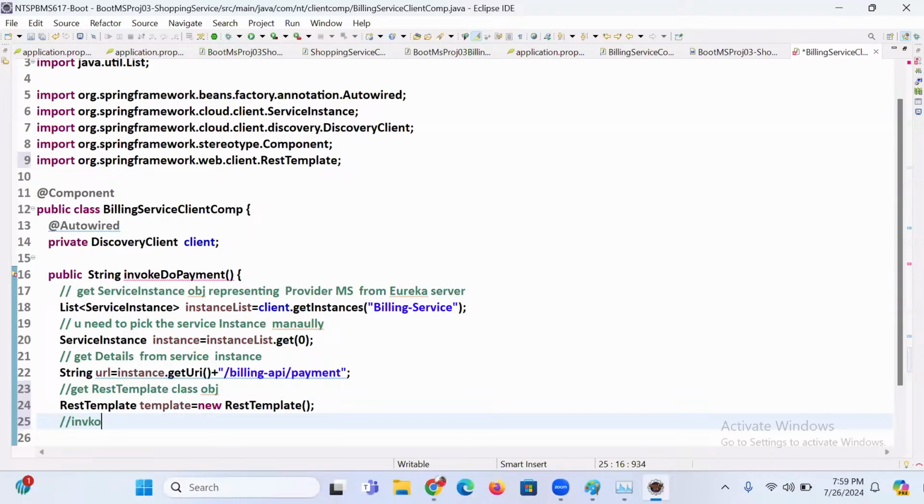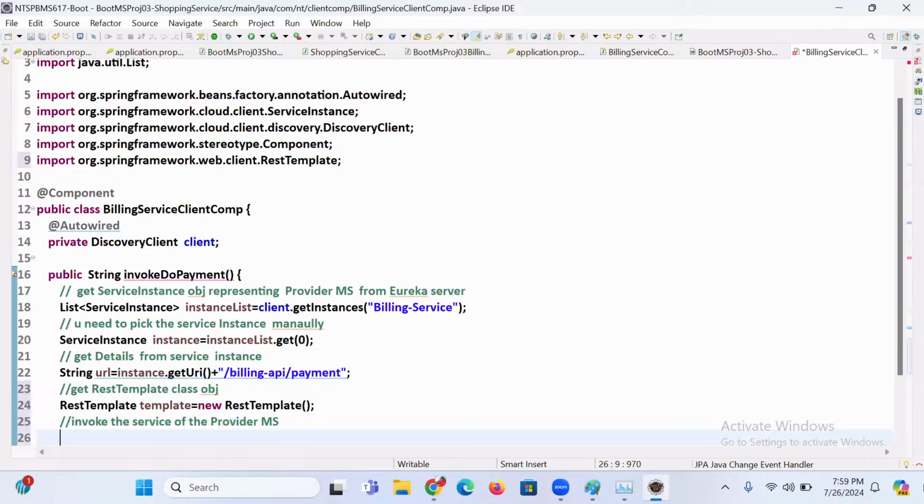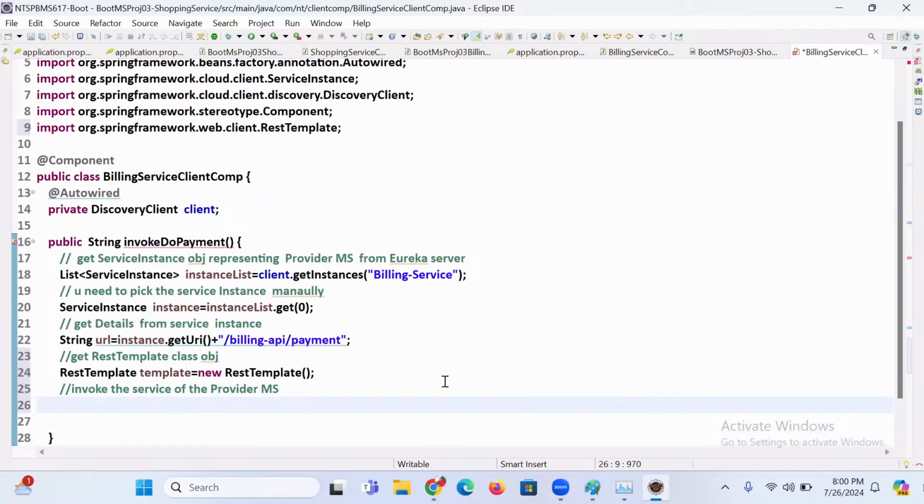Invoke the service of the provider MS, boss. Let's see how to invoke the service of the provider MS. String result is equal to, we have the getForObject method, the exchange method, a lot of things are there, boss. Okay, string result is equal to,